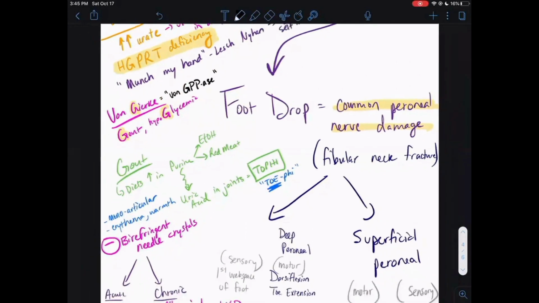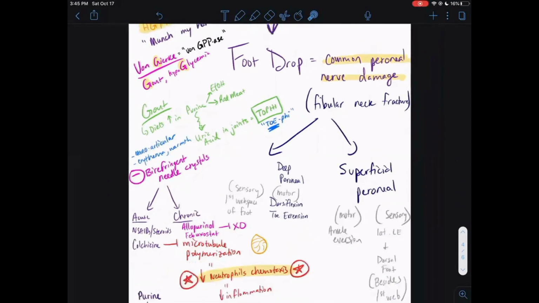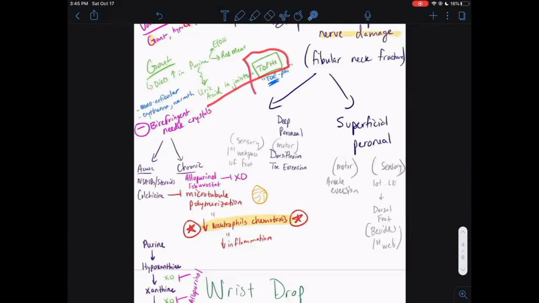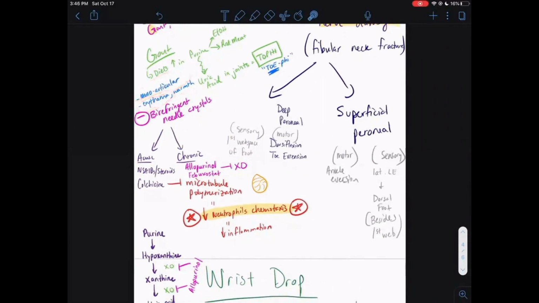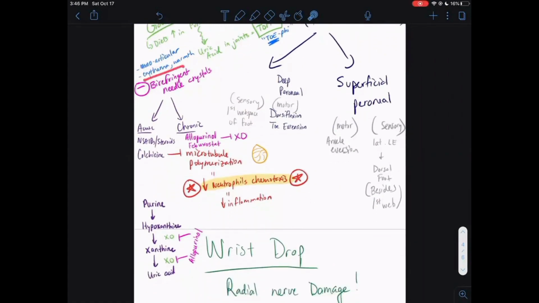All right. Next, we talked about gout itself. So remember, gout is going to affect people that are high in diets of purines. So it's going to be primarily alcohol, red meat, and even some seafood and shellfish. Okay, so purines can get broken down into uric acid and get deposited in your joints, and that causes tophi. Remember, tophi. It's going to affect one toe because it's monoarticular. It causes erythema and warmth, and you're going to get extreme pain. Remember, on synovial fluid analysis of these joints, you're going to have negatively birefringent needle crystals.